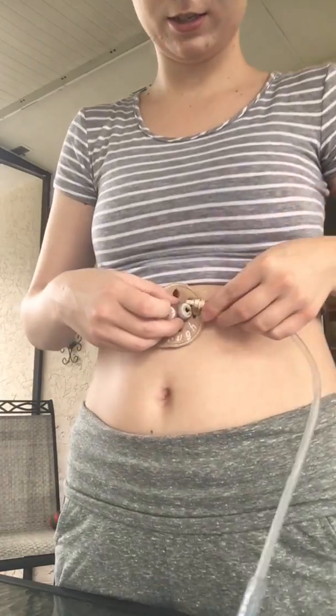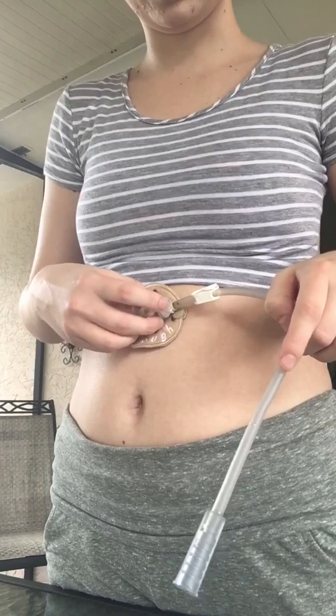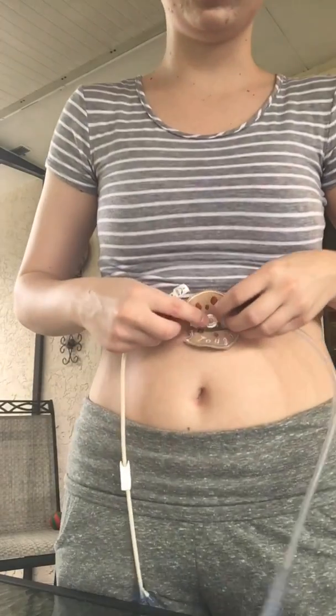The G port I plug in to a drain bag or a syringe, or I have this drain tube that I connect to it, which goes in like this, and then I can drain into a cup or whatever. As you can see, some stuff is already starting to drain out. I'm just gonna leave it connected since I forgot to clip it before I plugged it in so stuff wouldn't drain out. This is my feed attachment that goes into here,